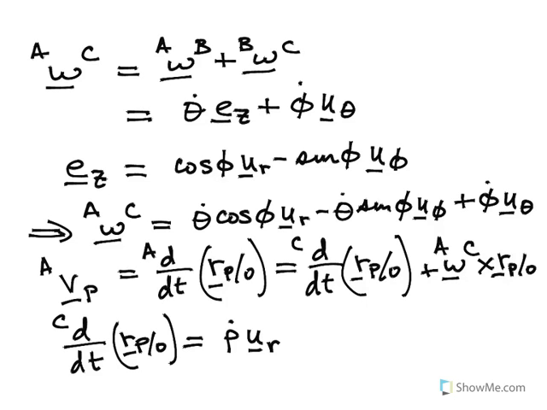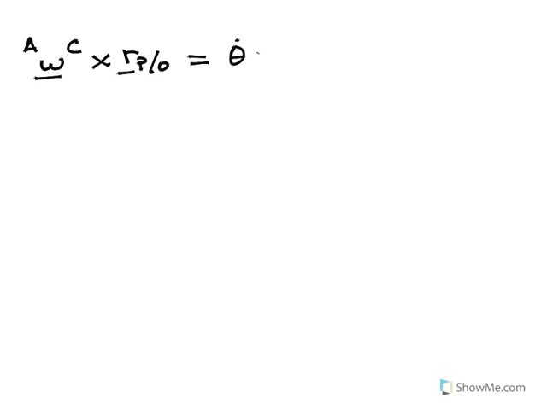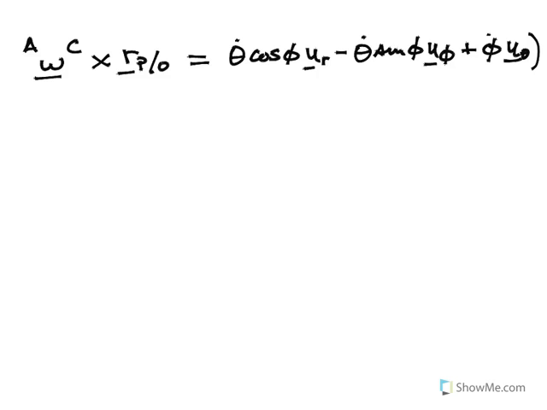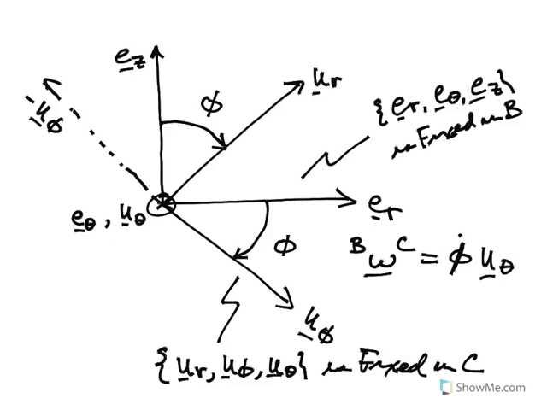If I'm standing in frame C, the only thing it looks like is changing is rho. And then the next term is I have omega CA crossed with RP relative to O. That's equal to, well, where's omega CA? It's theta dot cosine phi UR, minus theta dot sine phi U phi, plus phi dot times U sub theta, crossed with rho UR. So now if you recall the order of the basis being UR, U phi, U theta,